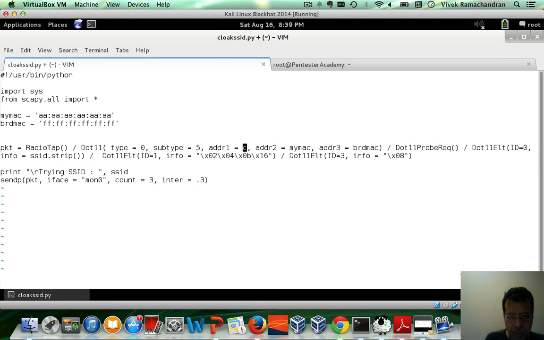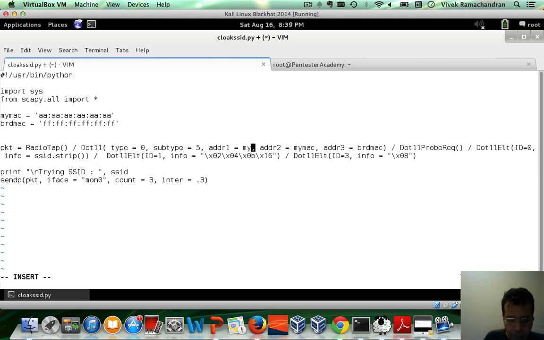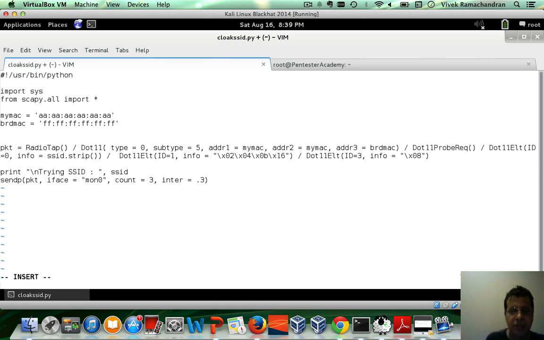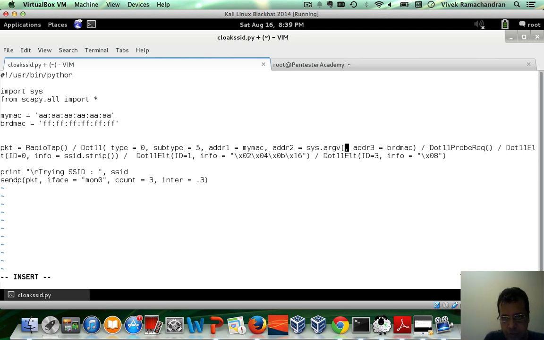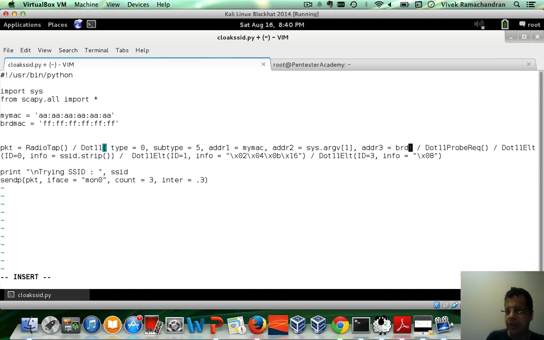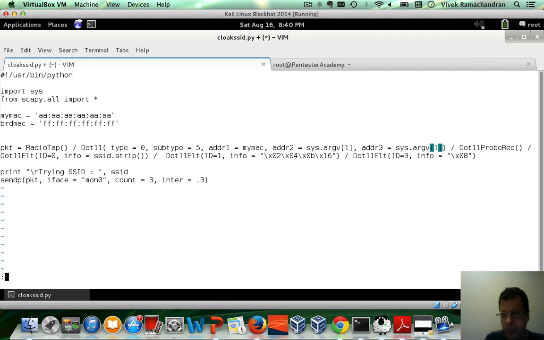So I'm going to change address 1 to my MAC, which basically is of some hypothetical client. Now address 2 and address 3 are really the access point's MAC address. So let's take this as input, sys.argv1. Address 3 also becomes sys.argv1. The next layer of course is going to change from a probe request to a probe response,